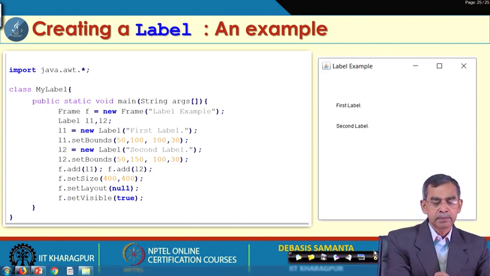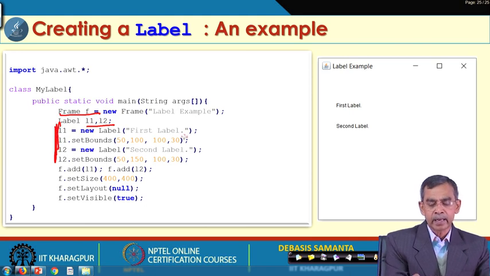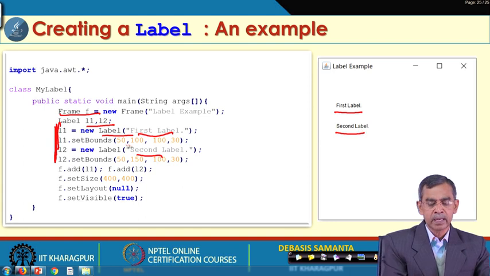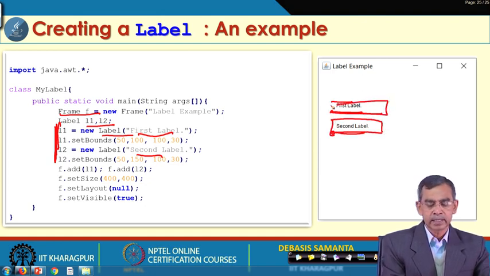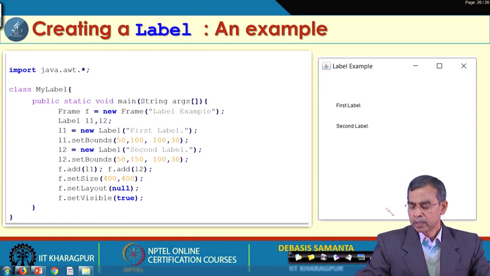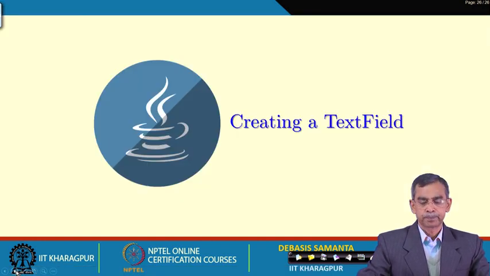This is basically a frame, and 2 labels L1 and L2 are created and defined here, first label, second label. Then setBounds gives the placement and the size, that is, where it will be placed and the total width. Everything is mentioned here, added into this frame, and finally the frame is sized. So this is the idea of how a label can be added into a frame.